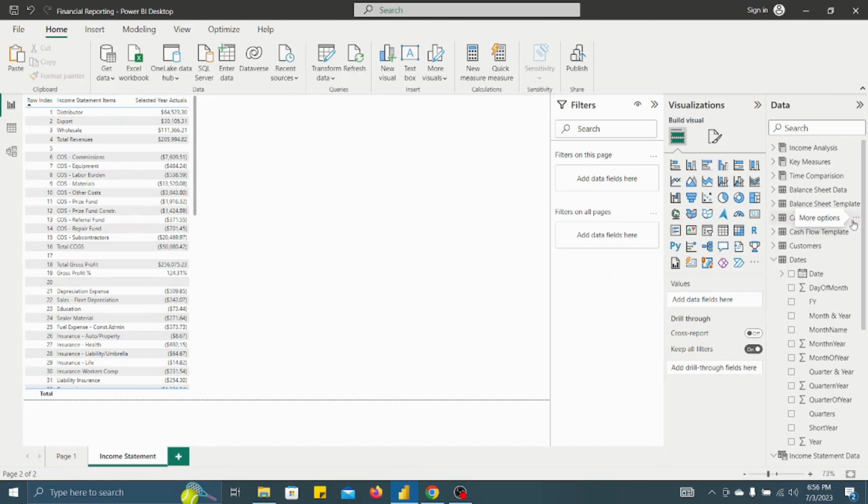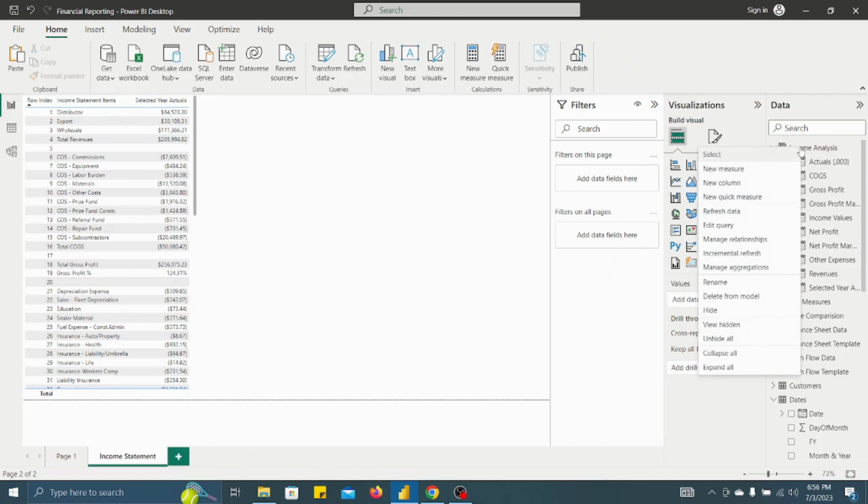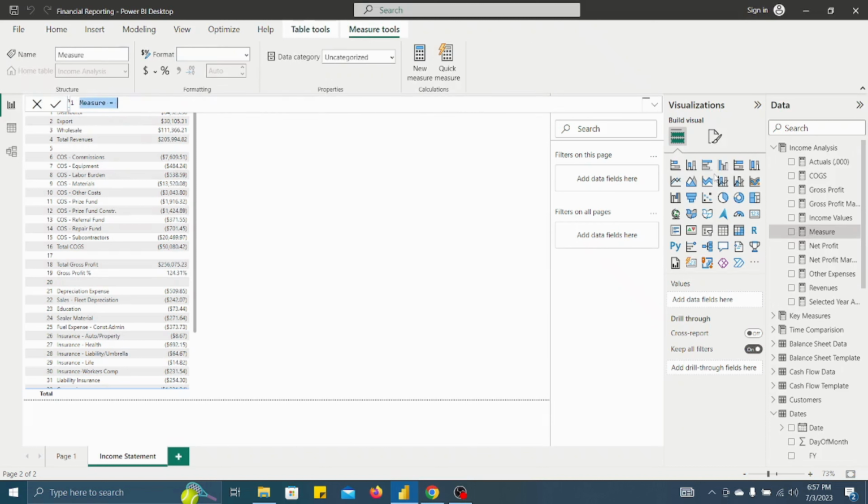Previously we have calculated revenues, right? This time we will calculate revenues last year, and like this we will make the changes. I'll right click and go to new measure. This is a very important step for generating the income statement, because we need all data for this year as well as the last year. So I'll type revenue last year